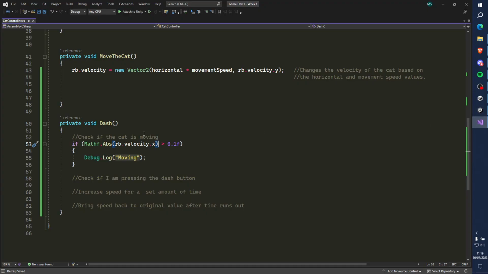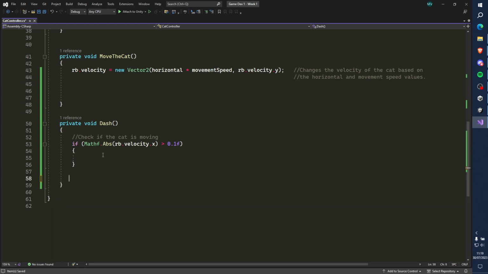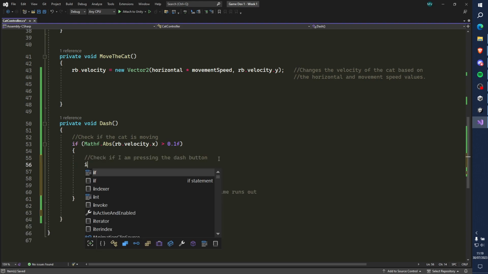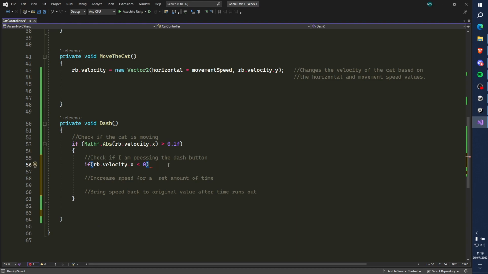So this is how I solved it. Obviously I solved this using this because I knew about this, but there are many ways to do this. You will have to find the one that works for you. So this is the first one. So, okay, then check if I'm pressing the dash button, because basically in reality, things are gonna be here, okay? So then we're gonna say if, not that,